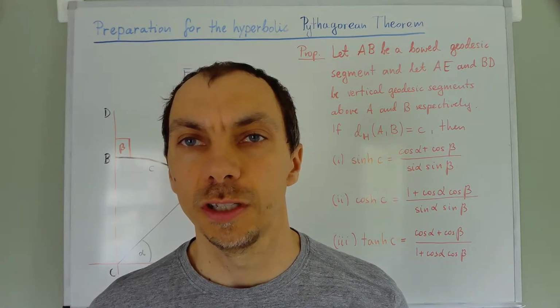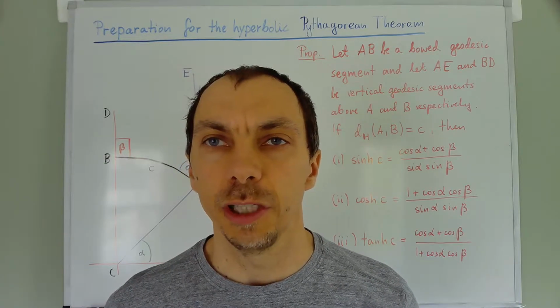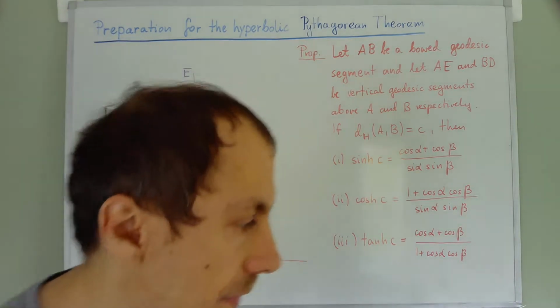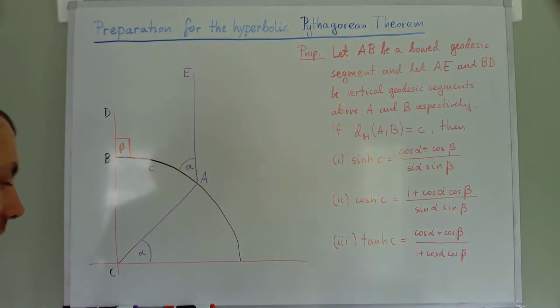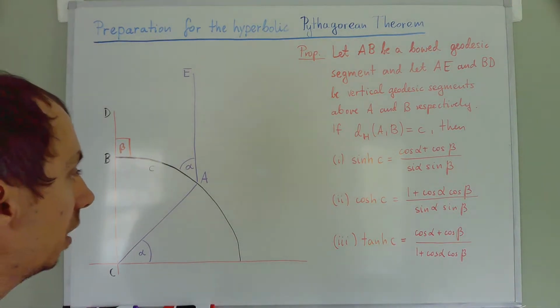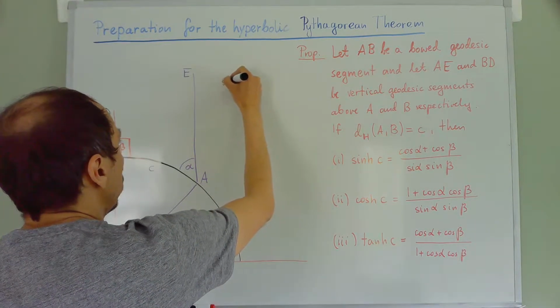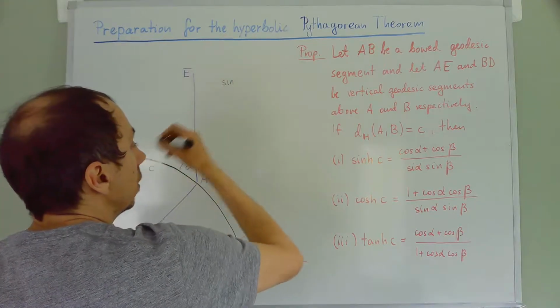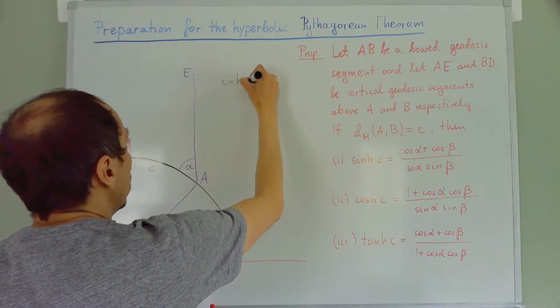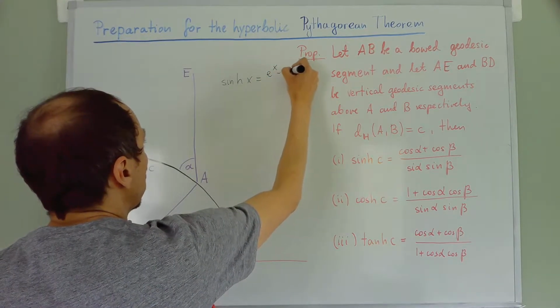Our next goal is the Pythagorean theorem on the hyperbolic plane. But before we get there, we need some auxiliary result. First, let me just remind you the definition of hyperbolic sine and hyperbolic cosine. So I'm just going to write it here, but quickly erase. So the hyperbolic sine of x, the sinh of x, is defined as e to the x minus e to